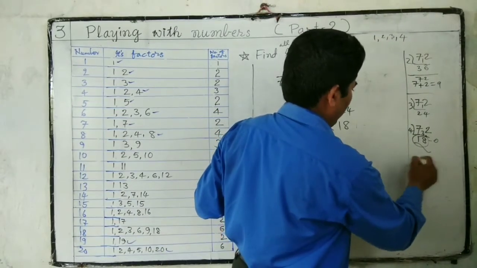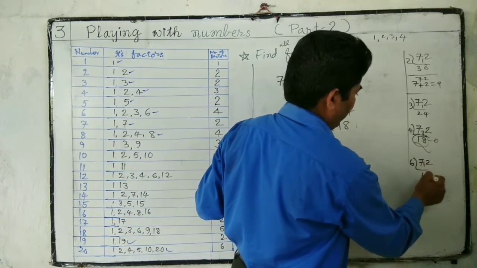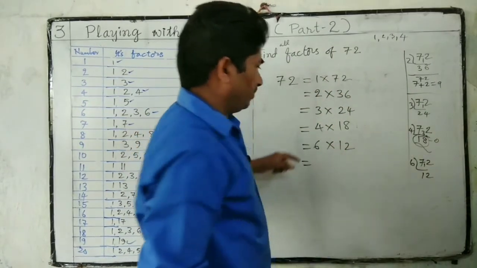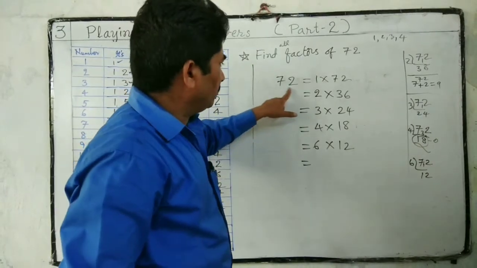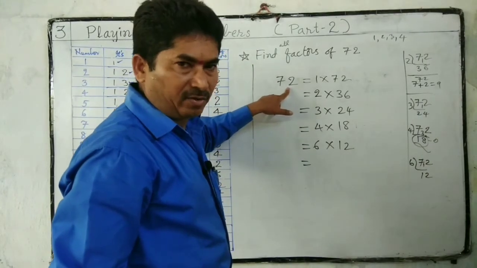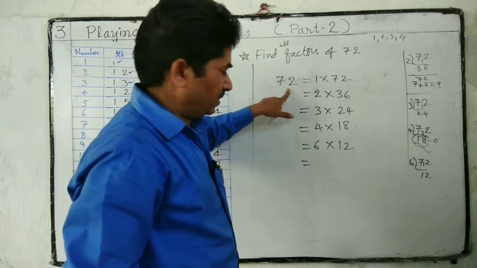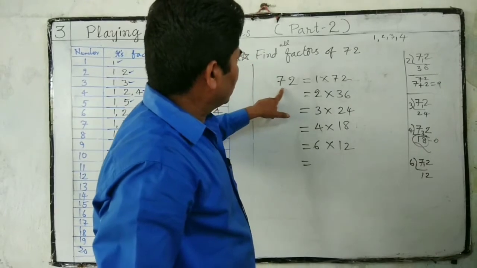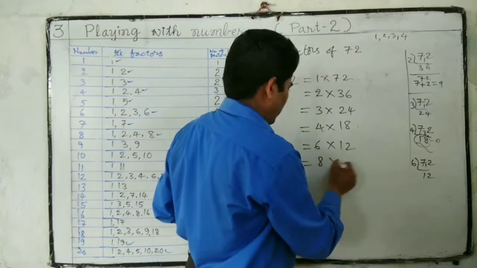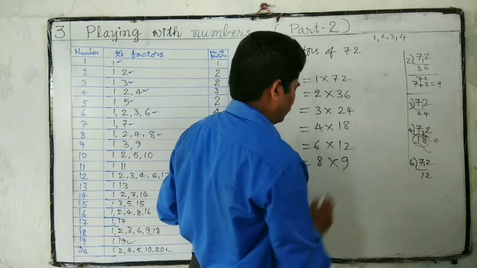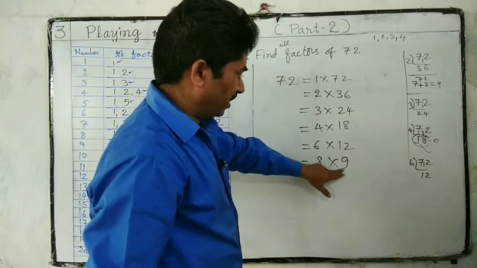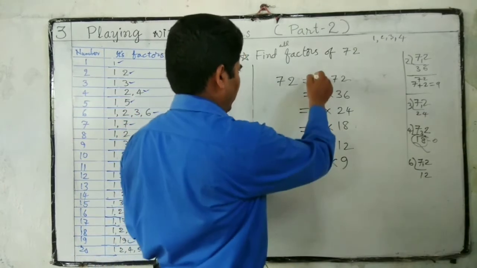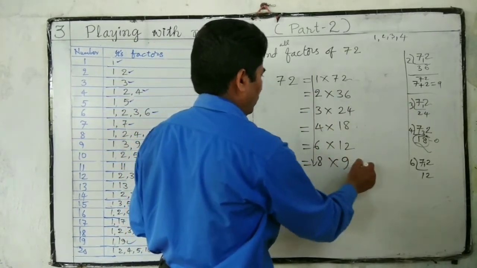6 72. 6 ones are 1 remainder, 6 twos are 6 12s are 6 after 7. It is not divisible by 7. 7 tens are 70 only. 7 11s are 77. So not divisible. 8 nines are 72. These are very near, no number between these numbers. So that's why we can write up to down, down to up.